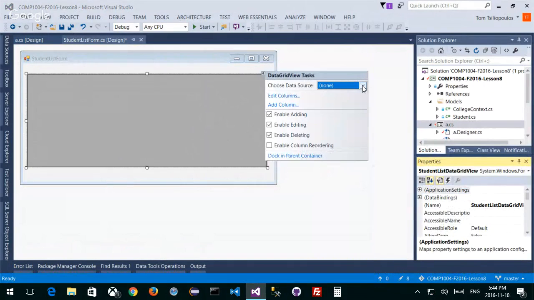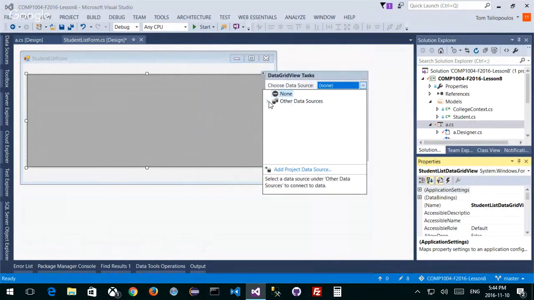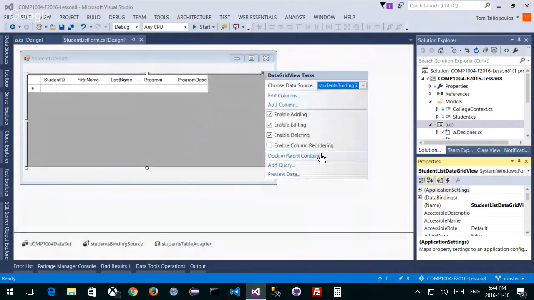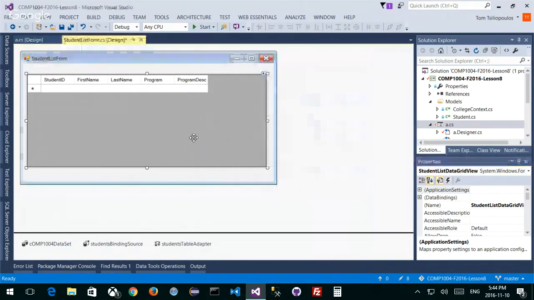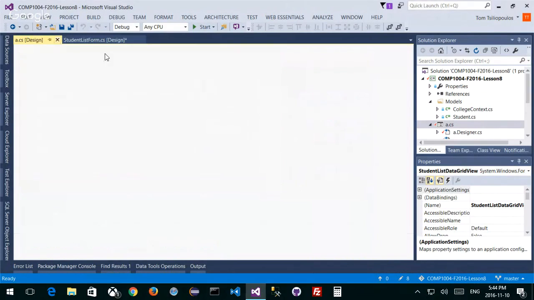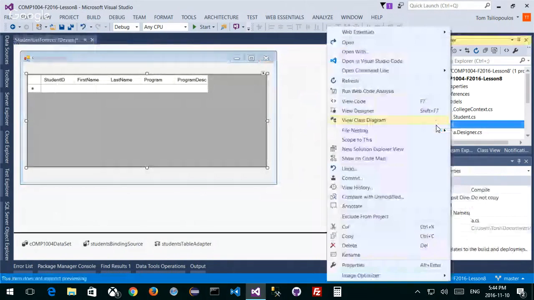So when I go to choose a data source, I'm going to point to a data source that already exists, which is in my project data source, this data set for students, right? So that creates that data binding stuff at the bottom. And I don't have anything modified, so it won't look the way it was before, but who cares? And then just to fix it in my code behind file